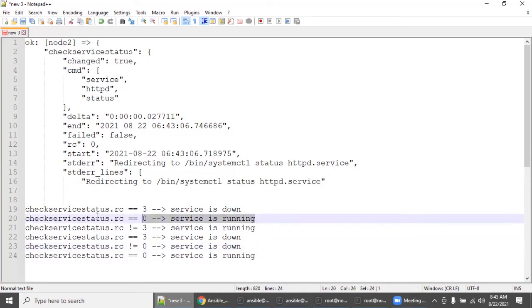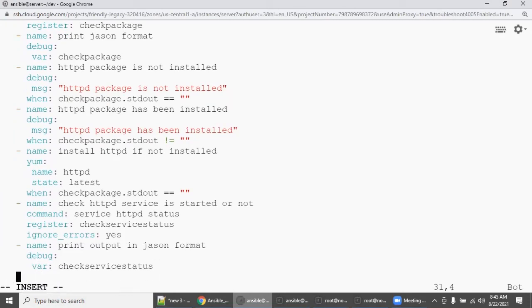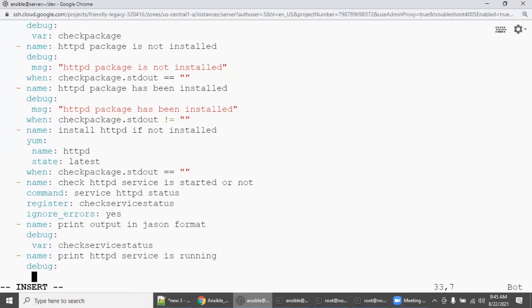I'm going to take the exact one. Go here, come down and say hyphen name: HTTPD service is running. I'm going to print the message, so debug and my own custom message.